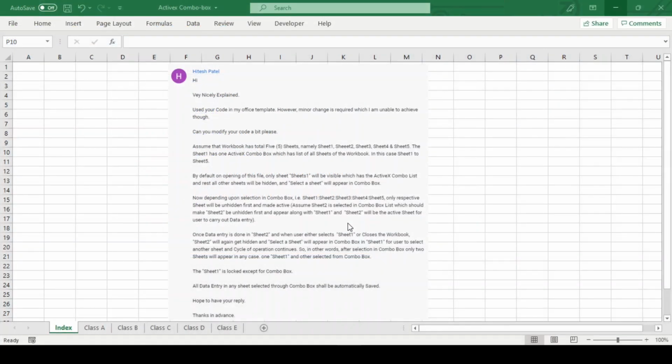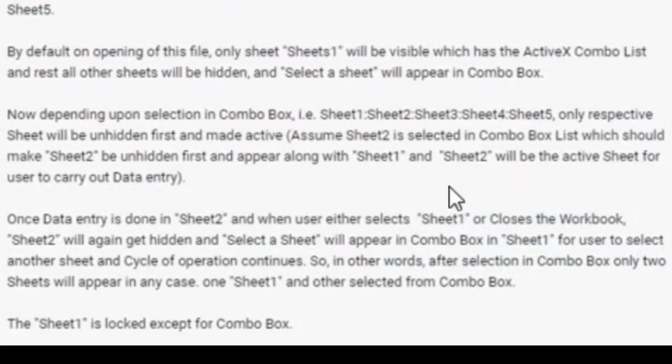Now let's move on to the next task, which is by default all our sheets should be hidden, and when we select the sheet from the combo box, only that sheet should get visible and activate. No sooner the user clicks on the index sheet, the earlier sheet should get hidden again.